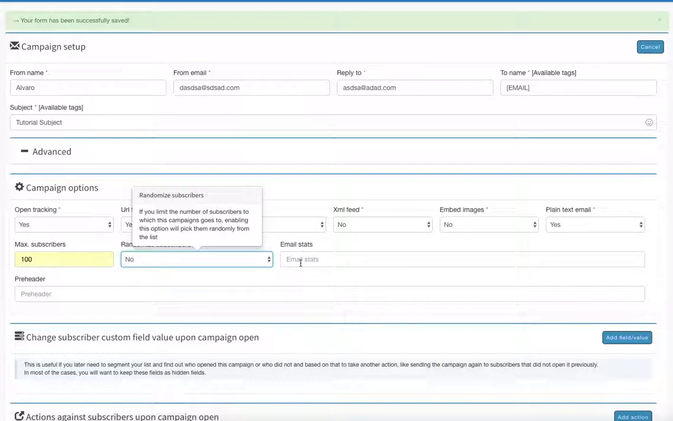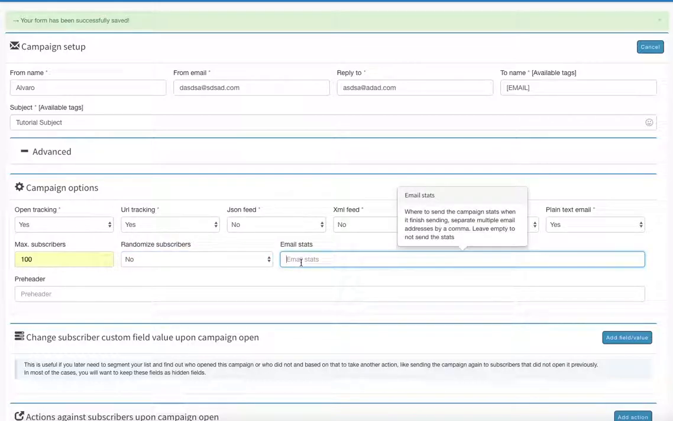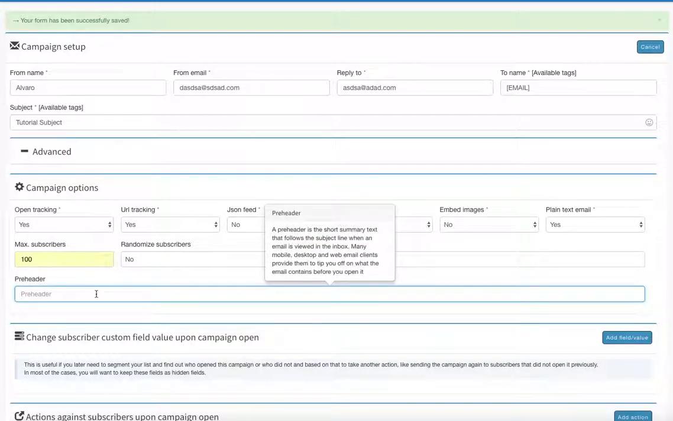On the email stats, make sure that if you have more than one, you put a comma in between them. So for example, test at gmail.com, you put a comma and then type in the other email. The pre-header is basically a short description of what your campaign is going to be about. So that is kind of like a subject. So, tutorial,